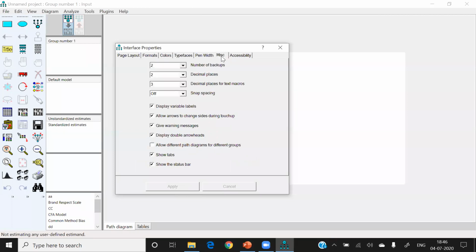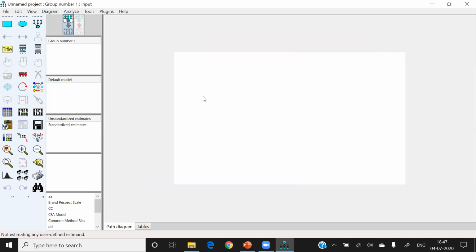If you click on miscellaneous, you can decide your decimal place and all, but I want to uncheck this because if in SPSS you have long statements, that long statement creates problems many times. So I used to uncheck this also and apply. After that, now my framework is ready.